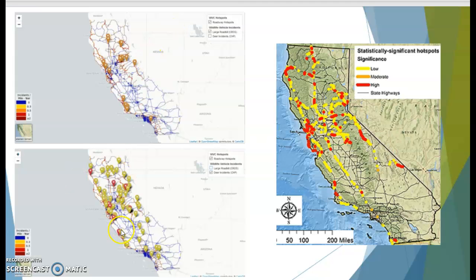So I've got these three maps that should aid in visualizing just how much roadkill there is in California and where the roadkill tends to be and what type of roadkill there is. So it's classified as large roadkill as well as deer incidences. The thing about that is there will be deer incidences in the large roadkill category, so you have to keep that in mind. Condors don't eat only deer roadkill, so it would make sense that they only are a small portion of the large roadkill.